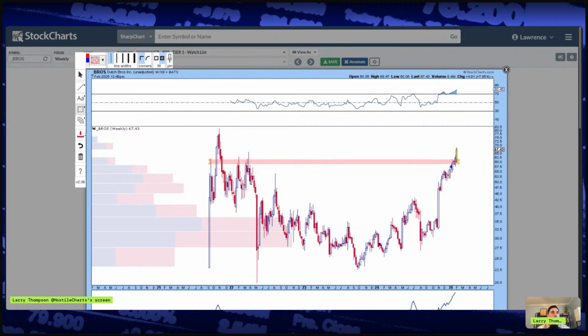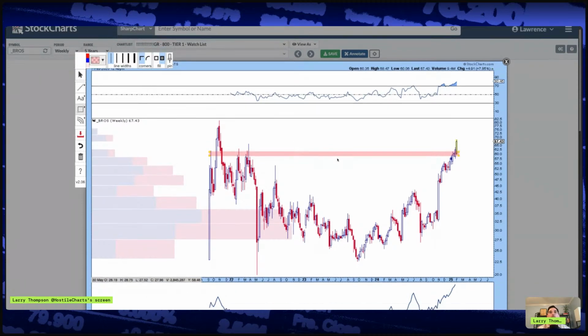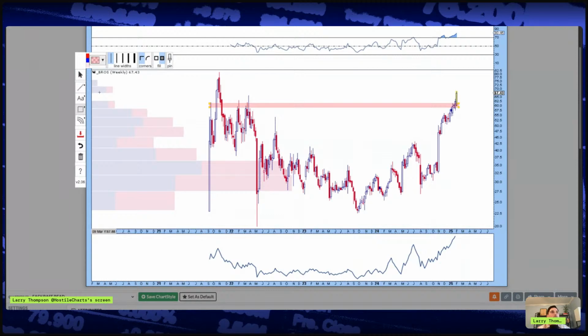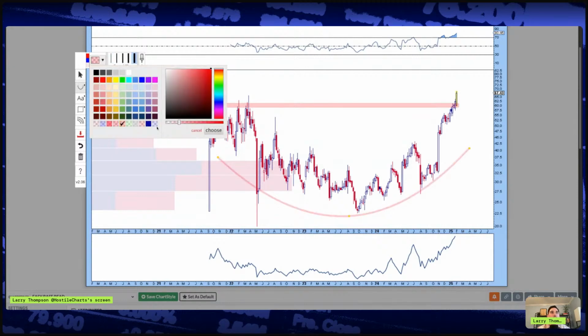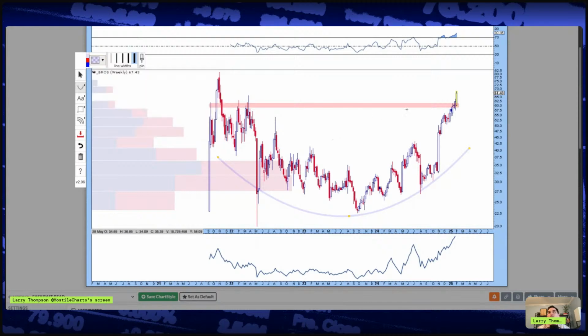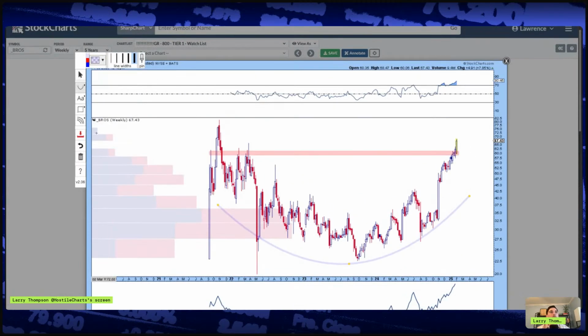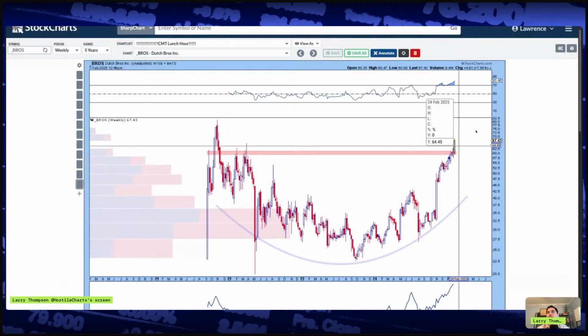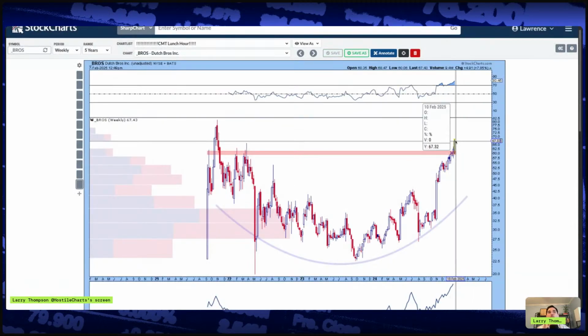Bro, what a chart. What a freaking chart. Right? That's wild. Of course I like it, but I just don't know where I would get in at this point. If you're in it, I would just set a trailing stop and forget about it. But beauty, beauty, beauty, right? A little bit extended shorter term, so I probably wouldn't be adding at this moment. But if you get a pullback to 60, I'd add that all day.